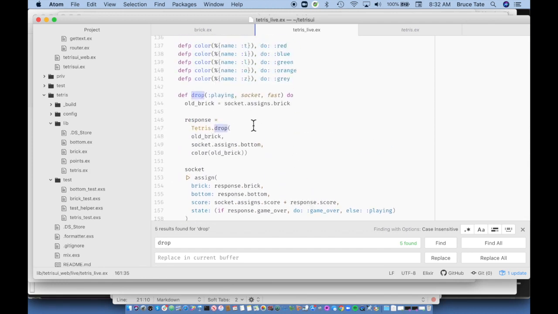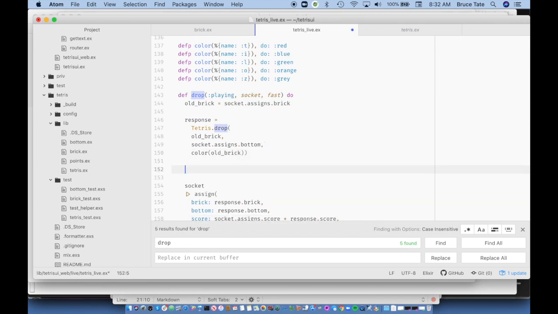So in the case of the drop, actually, let's say bonus, let's go ahead and handle that here. Bonus is equal to if fast equals, this could actually be true, couldn't it? If fast